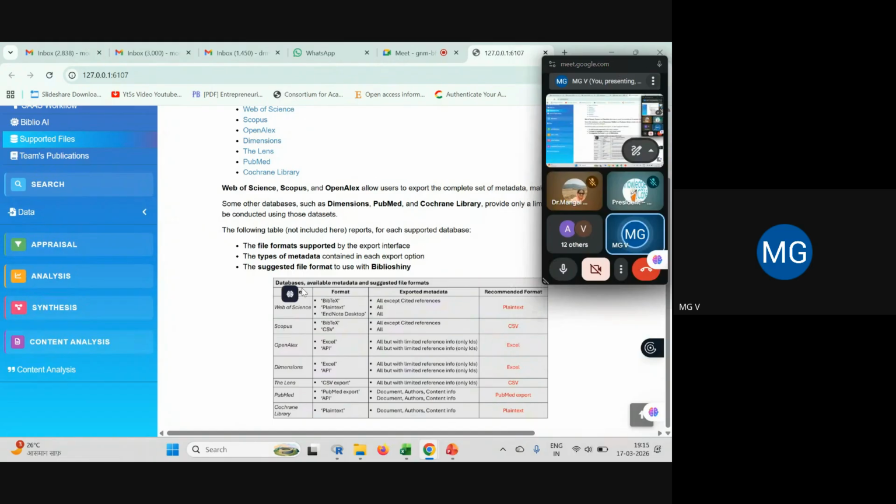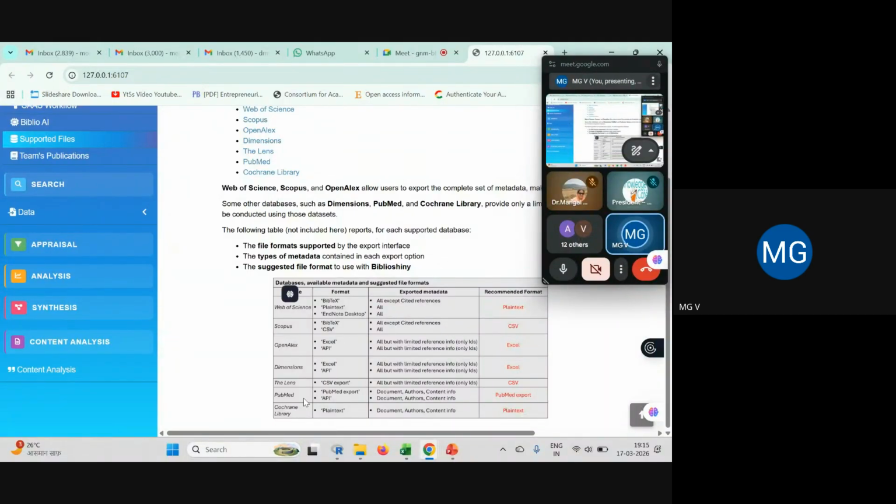So you see the available databases, metadata and suggested file formats. Since we are using Dimensions, we can have Excel or API, and we have exported all the metadata, but with limited reference information, right? And the recommended format here is Excel.